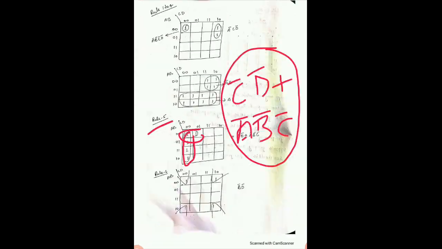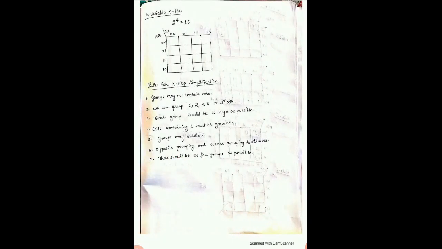Okay, then we have to group this 1 1, so we have to see which is common. Here is 0 0, which means A complement and B complement, and in the top we have 0 common, 0 represents C, meaning C bar. Then we write the Boolean expression this way. Okay, so rule number 5 is clear.